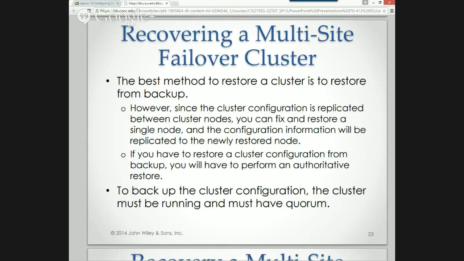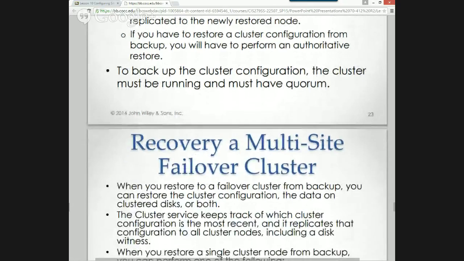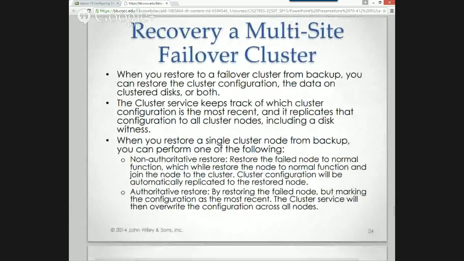Or when we were doing a small cluster with a NAS, we backed up both nodes in full, and then backed up the data on the NAS separately. So we were always able to restore any of the specific parts of the cluster. To back up a cluster configuration, the cluster must be running and must have quorum. I'm not sure that's necessarily true with third party.